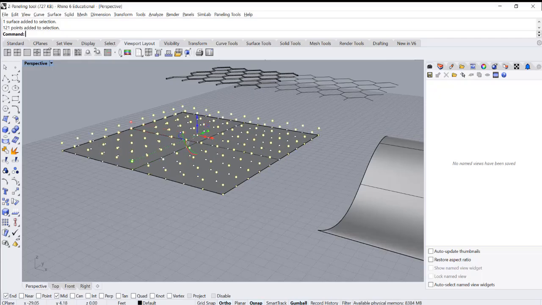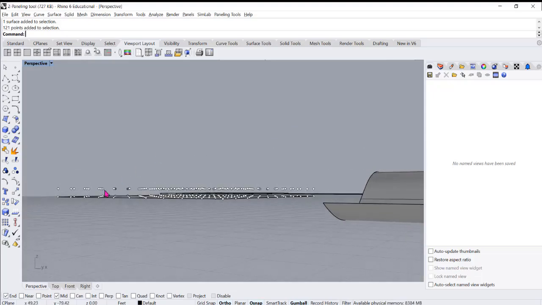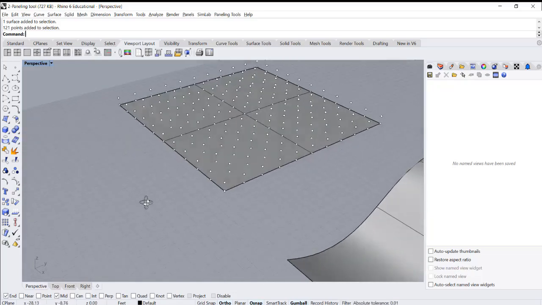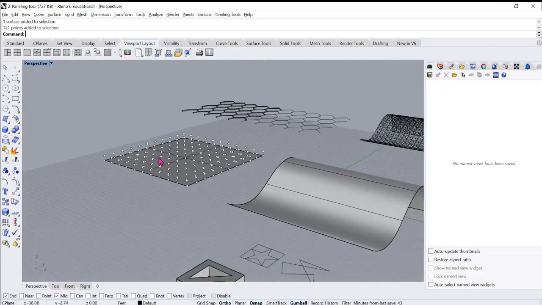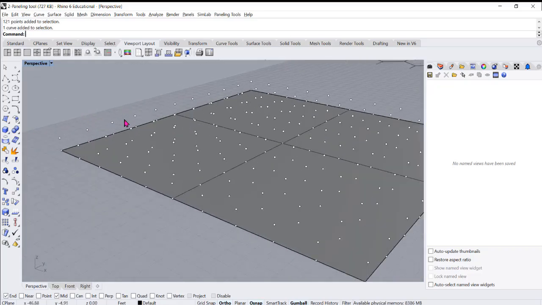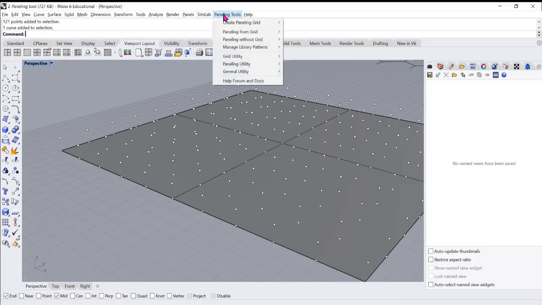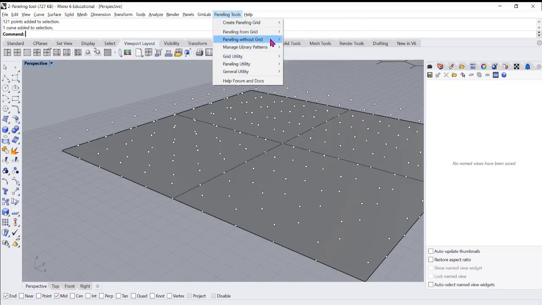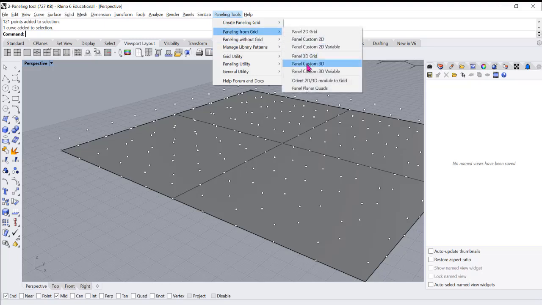so I wanted to have it at 1, this grid will allow the pattern to be created in three directions. For this element right here, that's what it would do. Once you have that second set of points, then you will go to paneling tool, paneling from grid, and then you will say custom 3D,